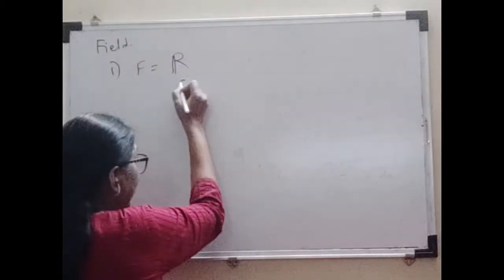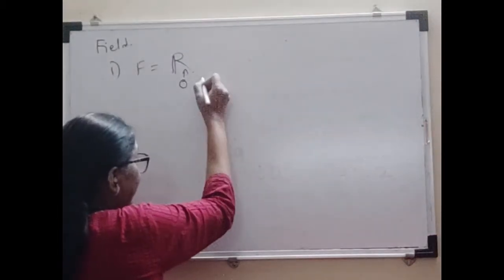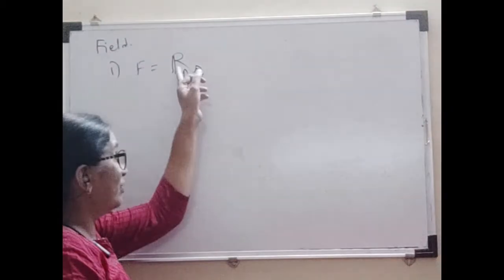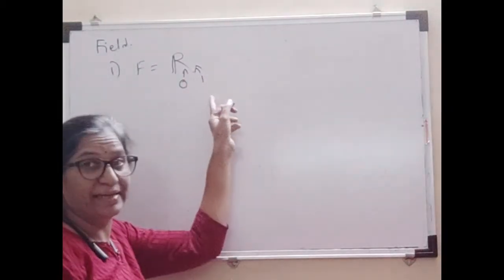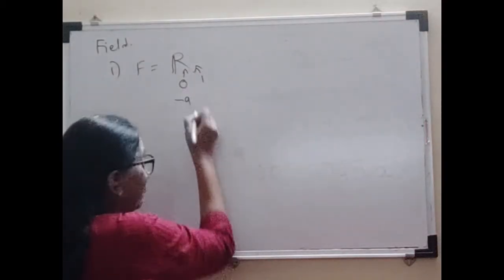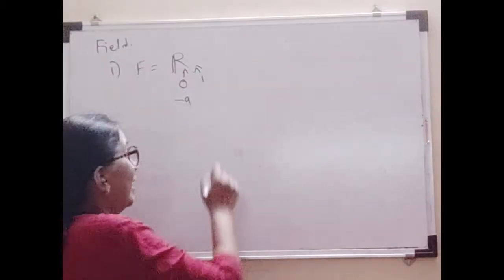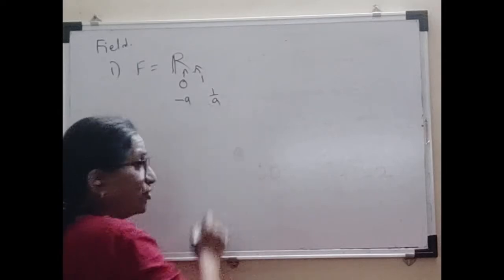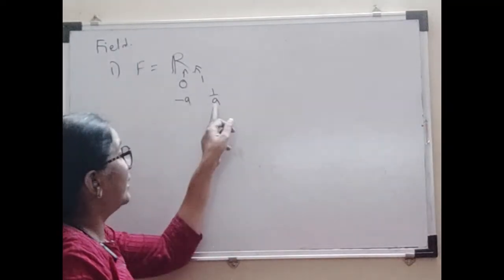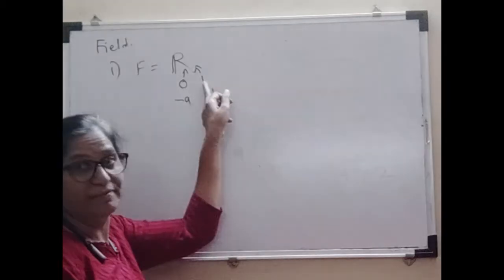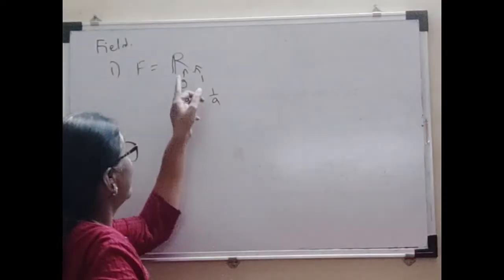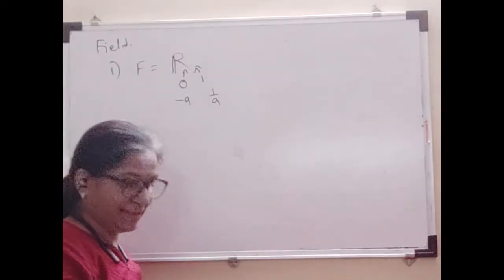Yes, there exists 0 in R as well as 1 in R, such that for any element a belonging to R, a plus 0 is equal to a and a into 1 is equal to a. Also there exists minus a for each a and 1 upon a for each non-zero a, such that a plus minus a is equal to 0 and a into 1 upon a is equal to 1, the additive and multiplicative identities. So therefore R is a field.